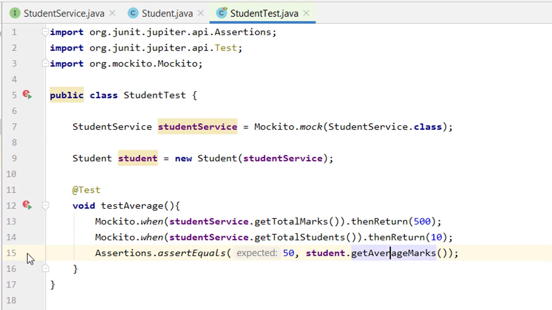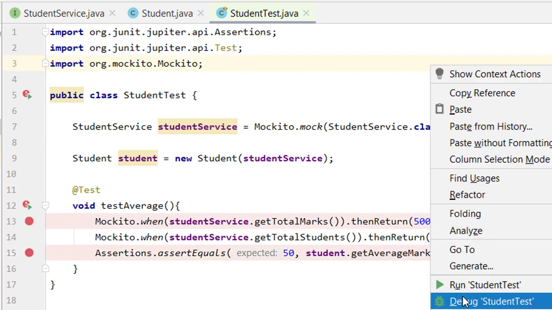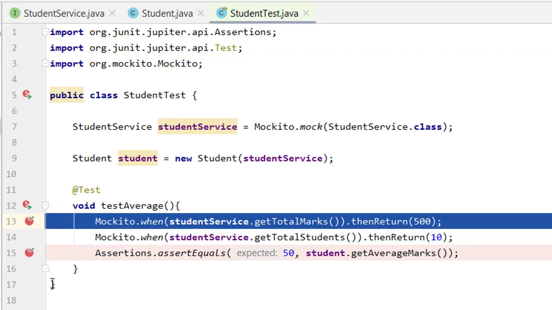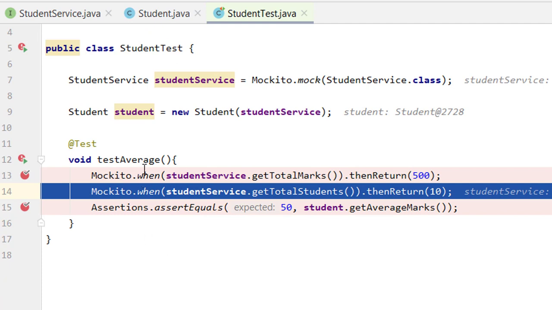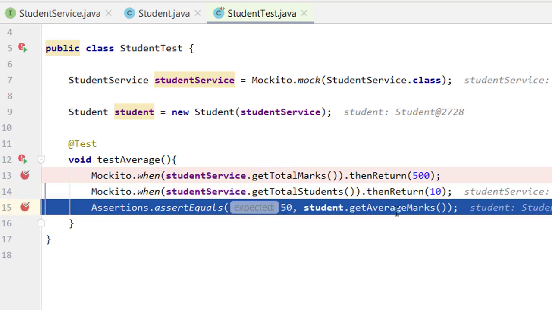So now let me run again, and this time let me debug it, and then we will see what happens. So our debugger is in here. Okay, then we have said that whenever we call getTotalMarks, we need to return 500, and we need to return 10 whenever we call getTotalStudent.